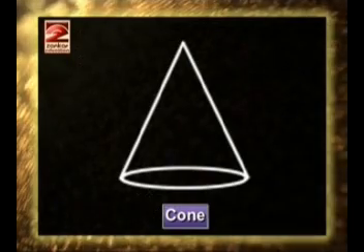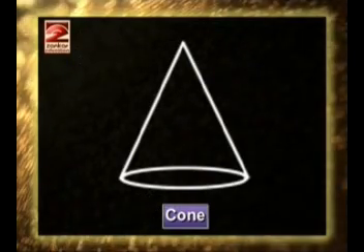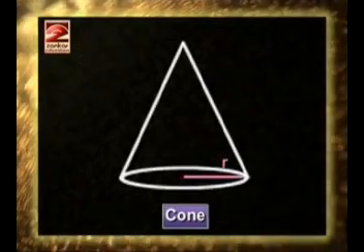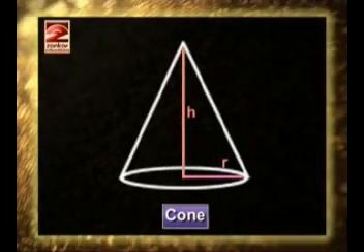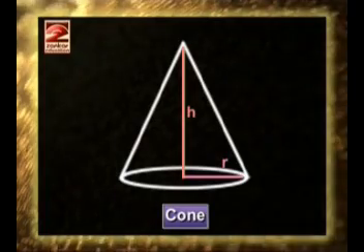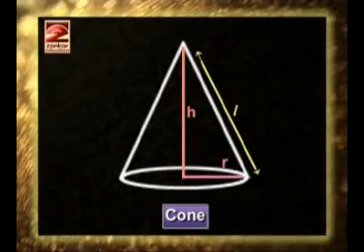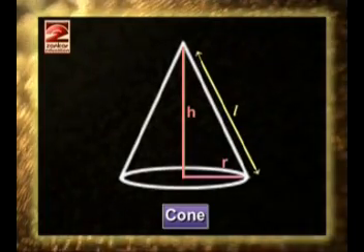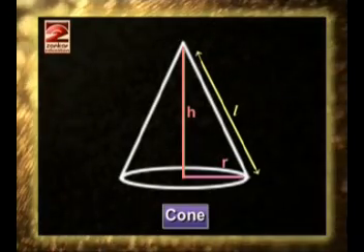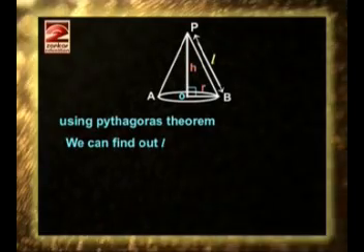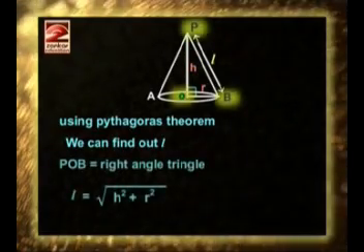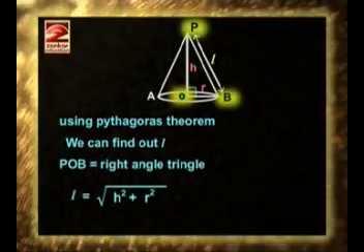Now this figure is a right circular cone, or you can call it a cone. This circular part has the radius R and the perpendicular height is H. Now this is the slant height, which is L. If H and R are known, using Pythagoras theorem we can find L, because POB is a right angle